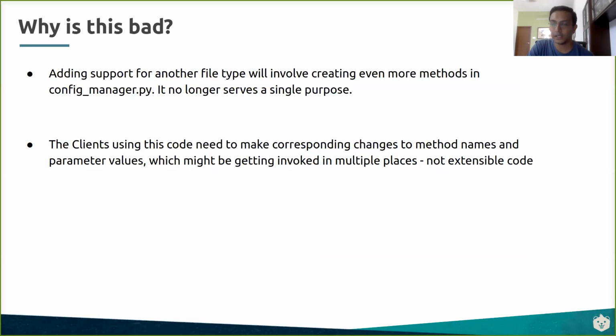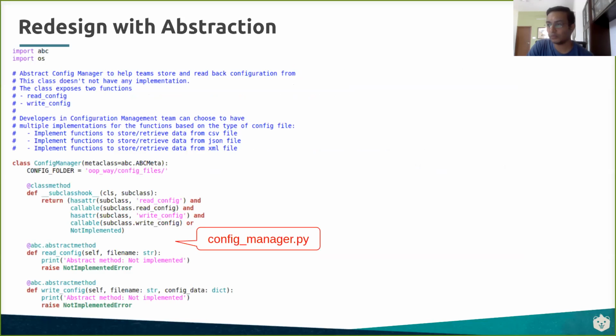So what is a better design? This is where abstraction comes in. So that whatever the clients are calling, right? Clients meaning this vendor hardware team or the logistics team or any other team who are using the configuration manager. Those are the clients of configuration manager. So the client should be unaware of what is happening behind the scenes, right? They should be able to just say write config or read config, and this config manager side of code should be able to handle that. It should know whether to write in JSON or XML or CSV and should take care of it.